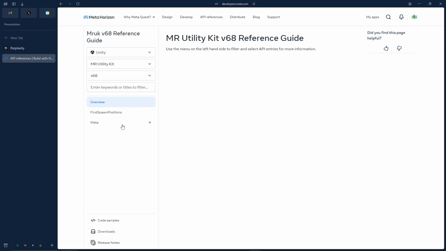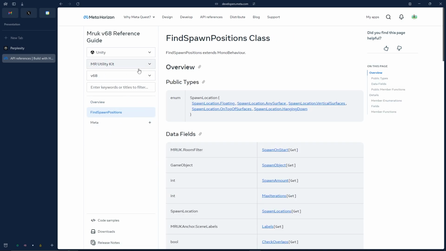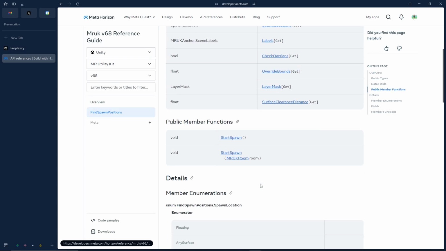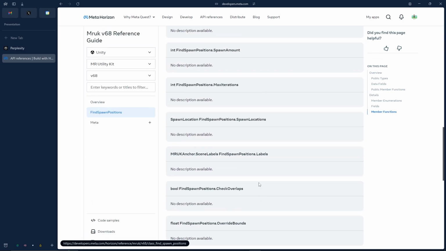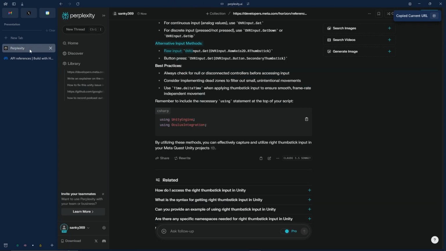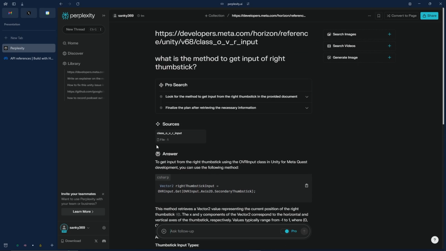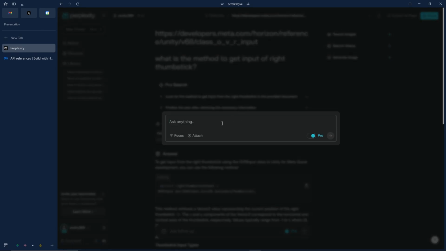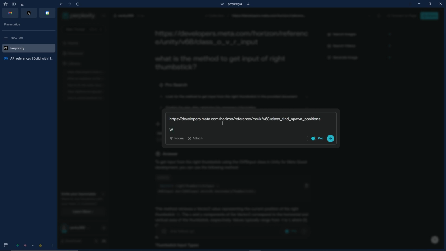So if I take this mixed reality utility kit, it has find spawn position. So what we'll do is we will just take this and go back to Perplexity. I have Perplexity Pro. If you have Perplexity Pro, it's great, but even in normal Perplexity, you can ask these questions. So if I create a new thread and I'll just put this, and I'll ask the link,